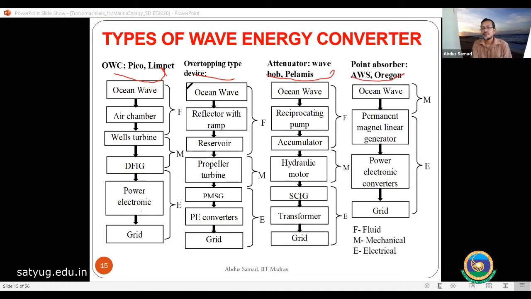When we are getting power from ocean waves, the wave comes in and there will be one air chamber, which I'll explain in detail later, where a turbine will be there. Some controller or electronic mechanism, an induction generator, so a generator mechanism will be there. Power electronics will be there controlling the power. Then it will be connected to the grid, or used for some other purpose.